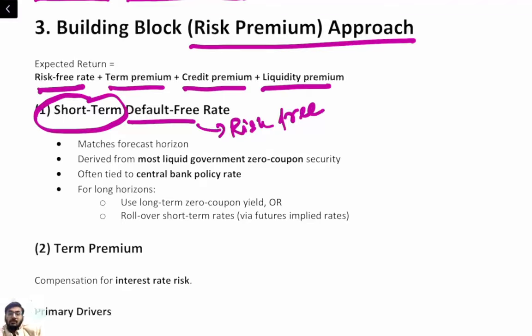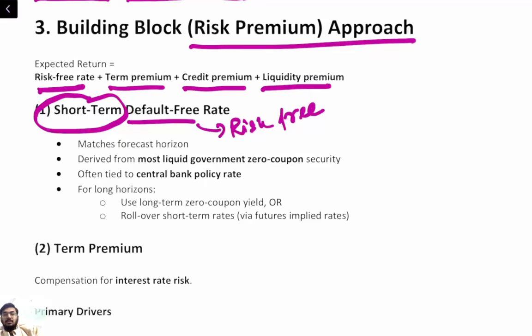Clear? And short term, because we know that in the short run, in the coming 3 months, nothing will happen to India. But if you look at 30 years, anything can happen to India, Japan, China, US. So no one can guarantee for the next 30, 50 or 100 years. Clear? So short term is the safest one. Clear? Now,